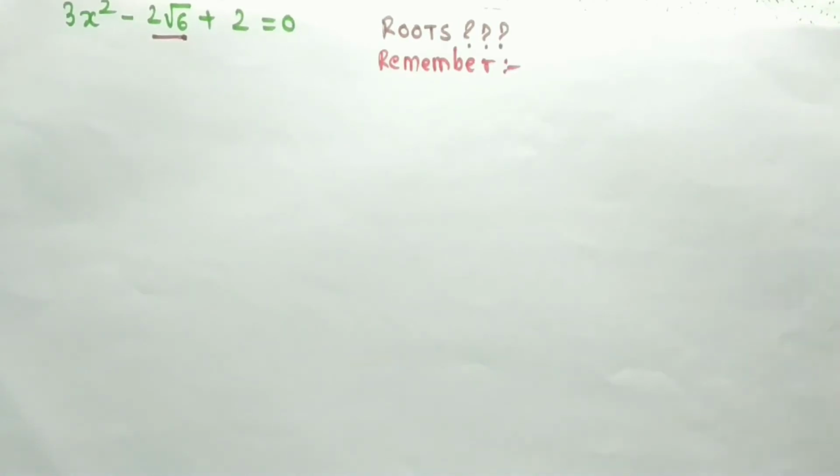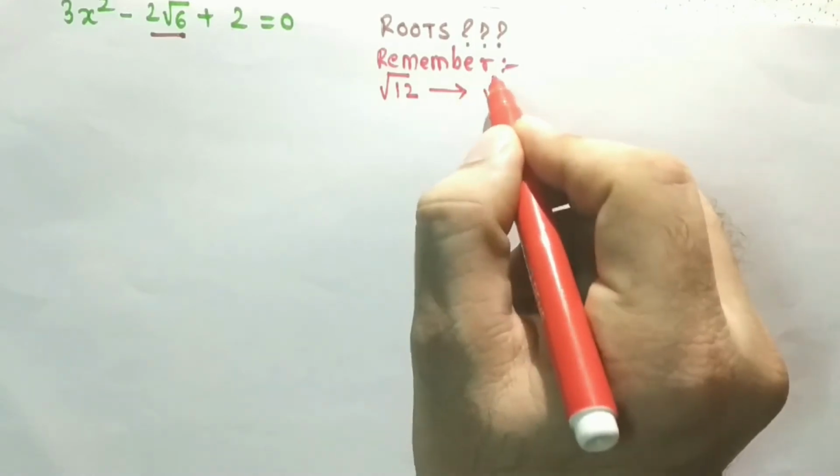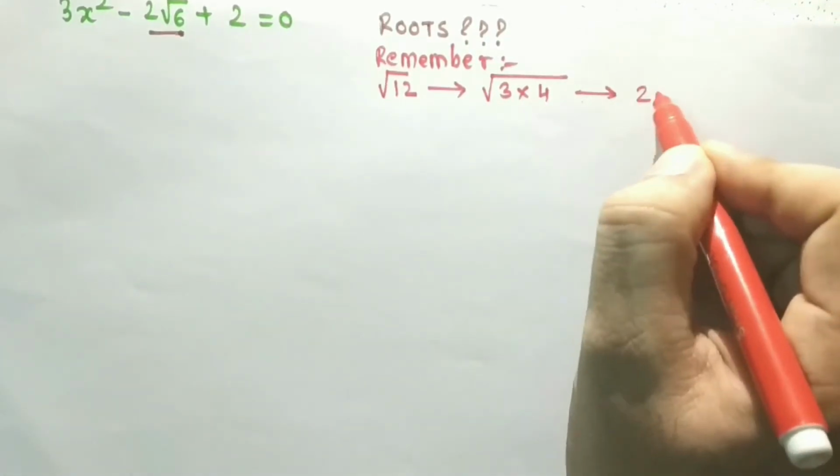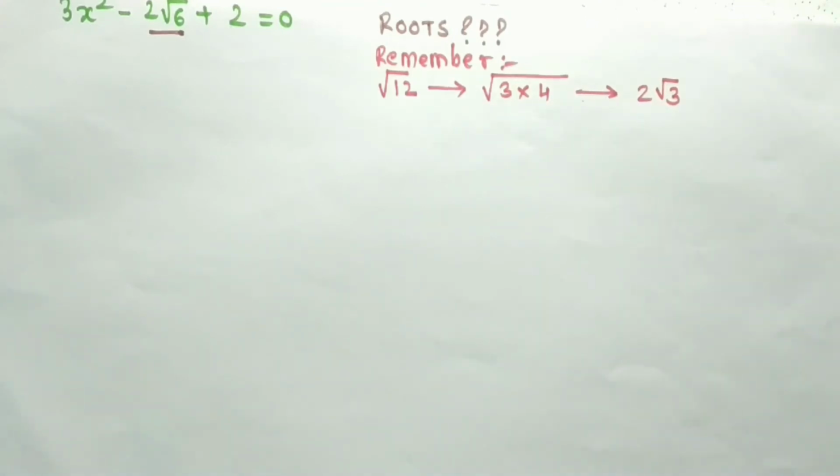Now how to solve this? Remember, if you have under root of a number which is not a perfect square, then you can always split it into two factors, out of which one of them would be a perfect square and the other one would be an imperfect square. Let's take an example of under root of 12, which can be split into under root of 3 into 4. Now 4 is a perfect square, therefore I can take the square root of 4 and it will give me 2